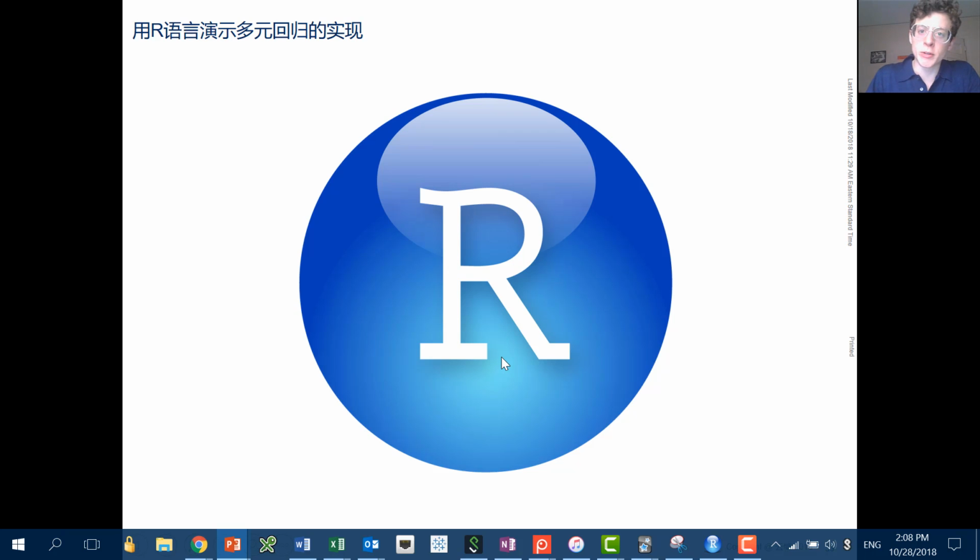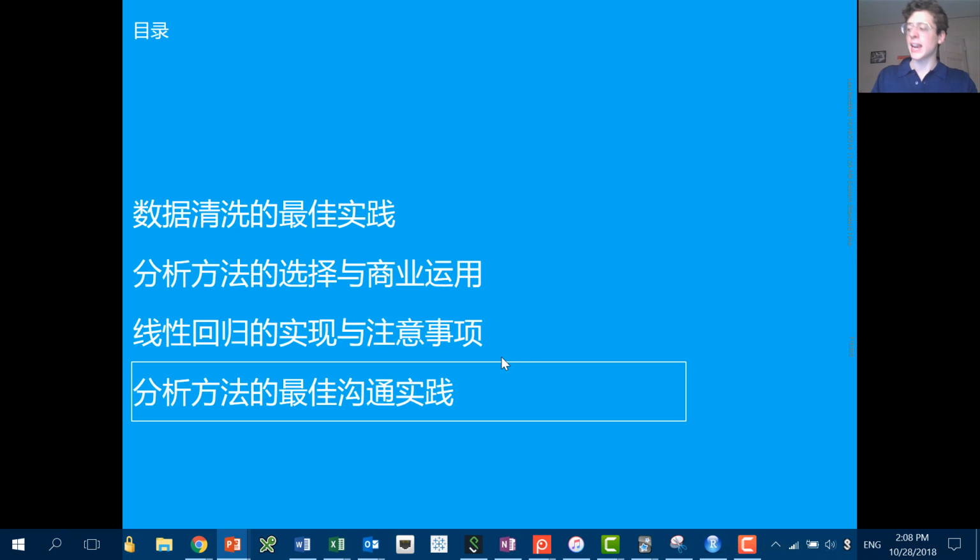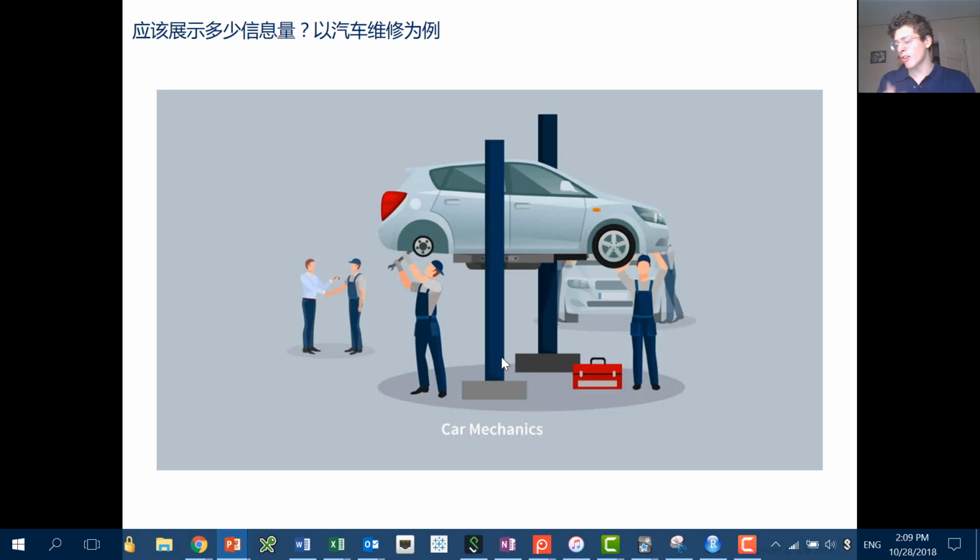So now that we've gone through linear regression, how do we explain an analytical technique? I think there's a really good analogy here if you're a more technical person explaining something to a less technical person. I'm going to give you the car mechanic analogy. I don't know if you own a car. In the US, it's a rite of passage that when you're 16, you start driving. So a lot of people have a lot of experience with cars. But if you don't own a car, I'm sure you can imagine this.